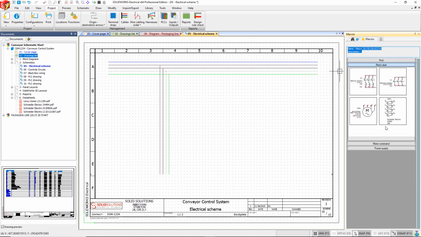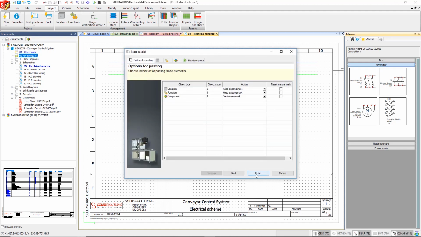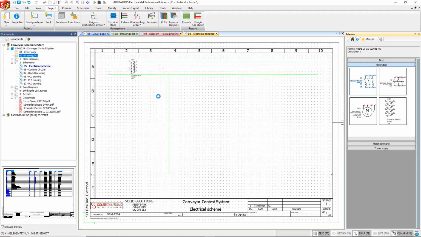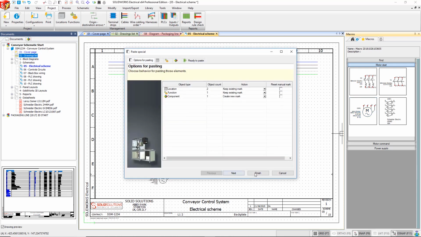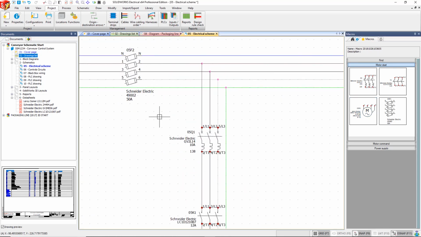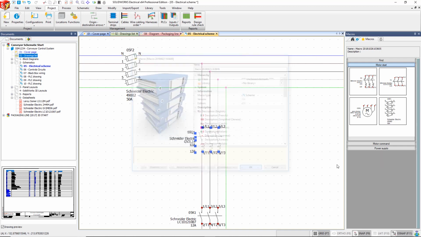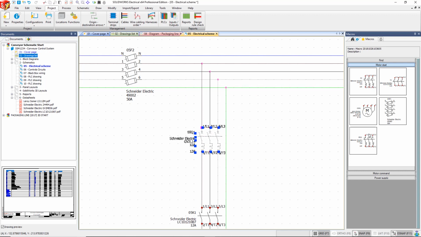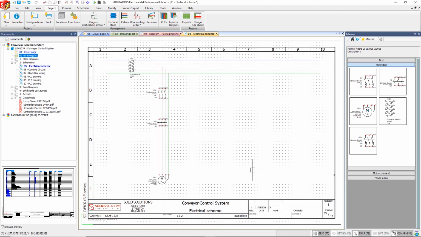I can also make use of existing symbols, and I can drag and drop these onto my drawing. And these are actually linked to parts already, which I'll show you in a second. So it's very quick and easy just to drag and drop, place items onto the sheet, and build the circuit that I want to use. These particular components have been placed once and just dragged into a library. So I could have a library of standard breakers, contactors, motors, all different types of parts, could be drawn once and then dragged and dropped into a palette, which really speeds up design reuse and drawing up a schematic.